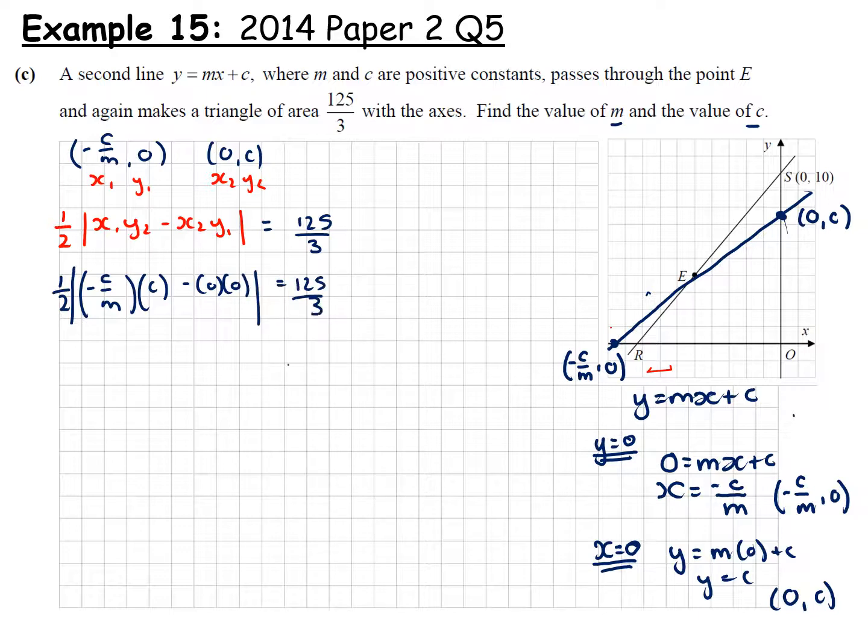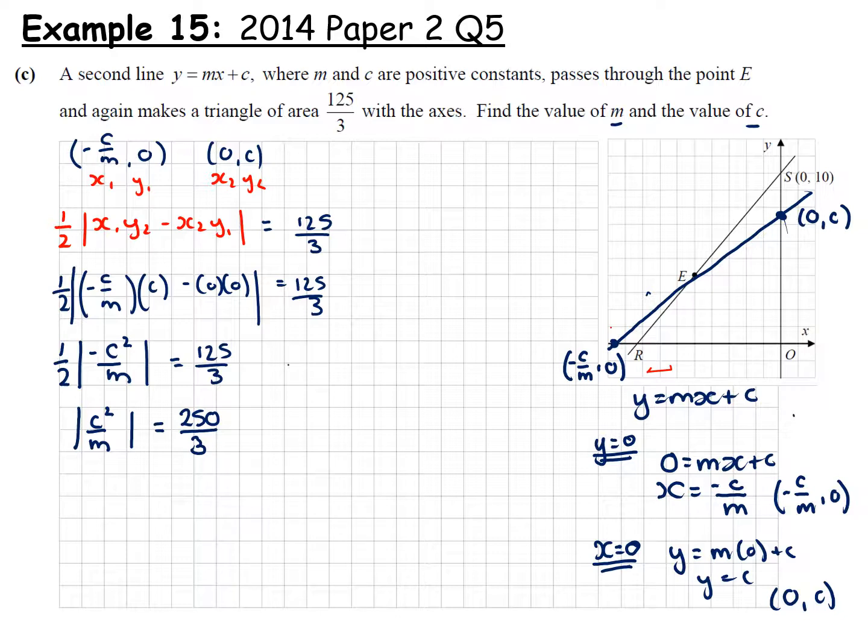25 over 3. So we get a half minus c squared over m equals 125 over 3. So c squared over m is equal to 250 over 3. Now,